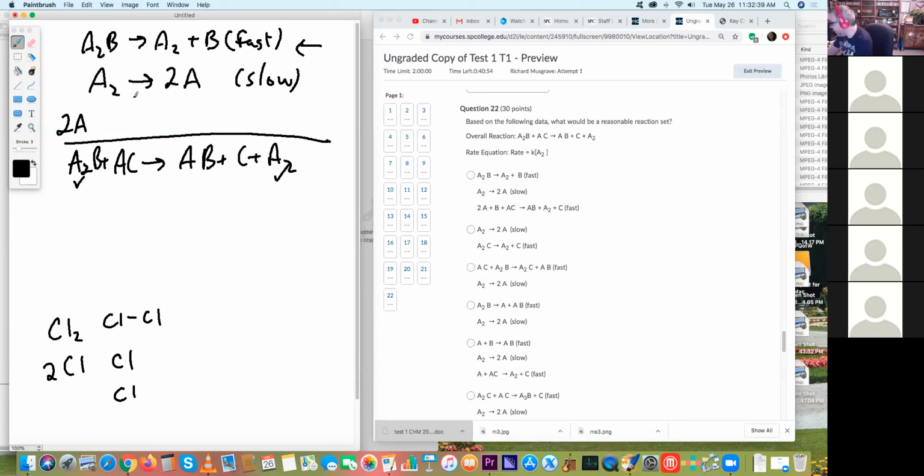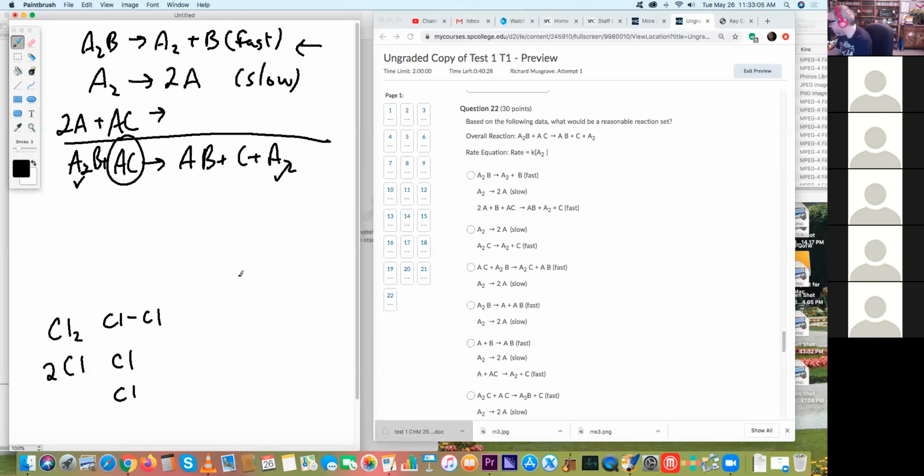Now, what haven't we taken into account here? Well, we haven't taken into account this AC down the bottom. So this AC here, we know it has to add to that. And if we did that, then the products here, we got A2B,